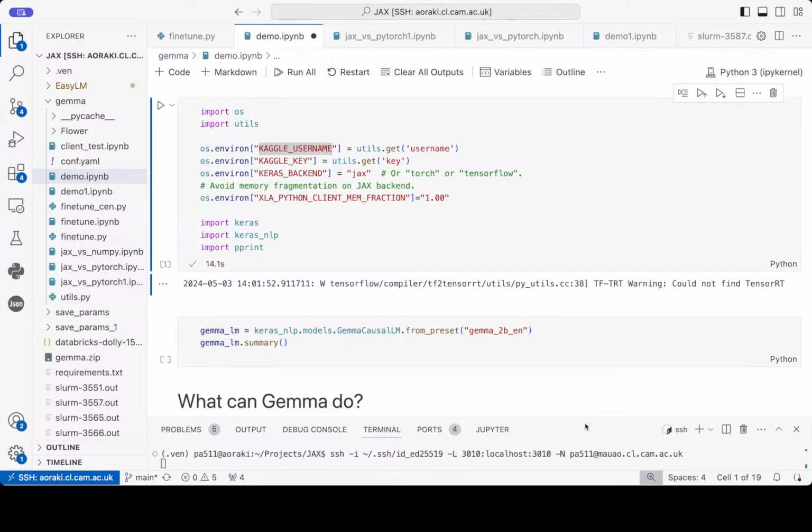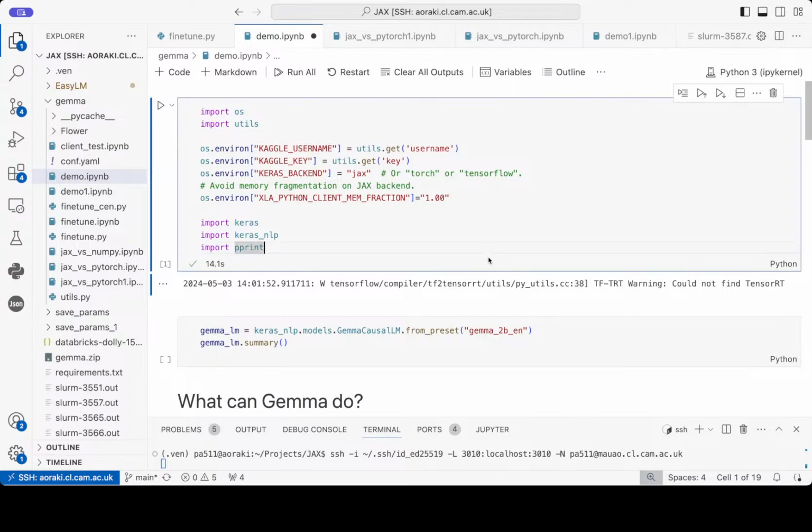So probably most of you know what JAX is. Maybe you've heard of it. It's been around for a while. It's still in development, but it's a very novel machine learning framework. And probably a lot of you know about Gemma's brother, Gemini, which is Google's ChatGPT alternative. Gemma is the open source version of that.